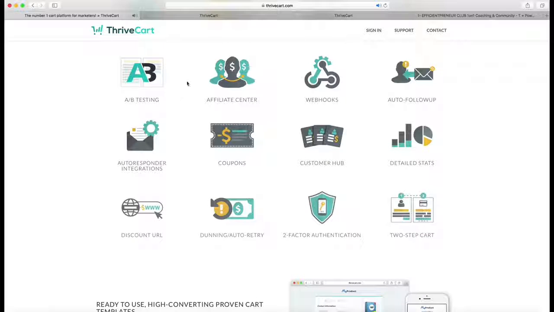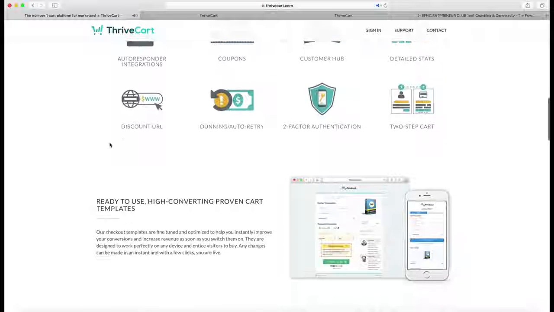Also, what's powerful about it, you can have an affiliate center, like you have your own affiliates for your own products. And of course, you can get detailed stats,